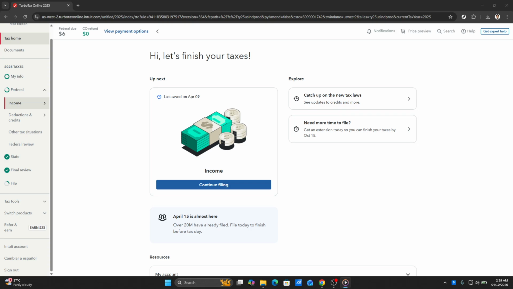First things first, you'll want to head over to the TurboTax online website for the current tax year, which in our case is 2025. You can easily find this by going to their website and logging into your account. Once you're there, take a moment to ensure that you're logged into the correct account, as this will save you